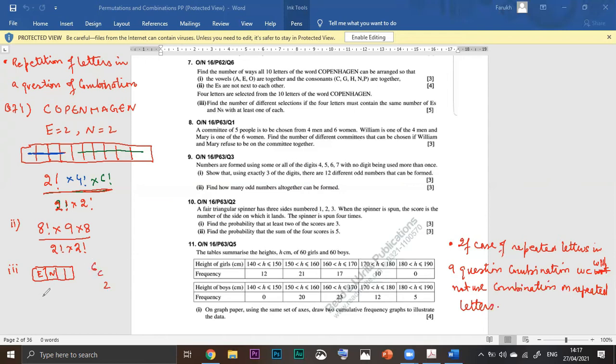Now, we will select two E's. The number of N's and E's should be equal, and two N's. Now, this one is a single option only. We will not select any number from the six remaining. 6C2 is 15, and 6C1... sorry, that case gives 1, and the final answer is 16. Josefa, any question about this?